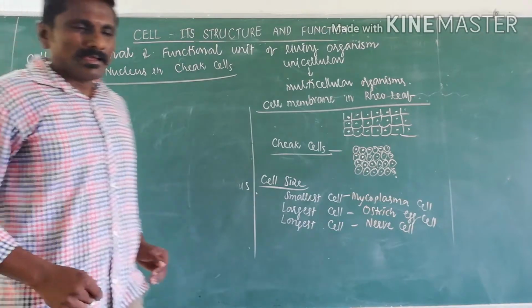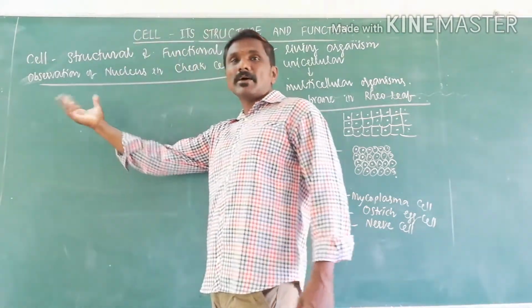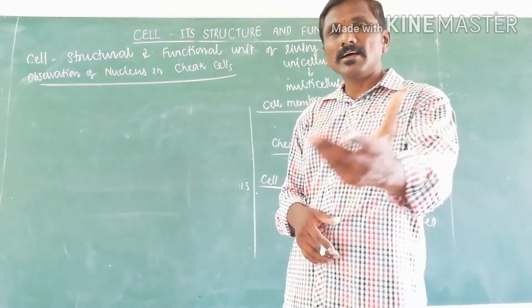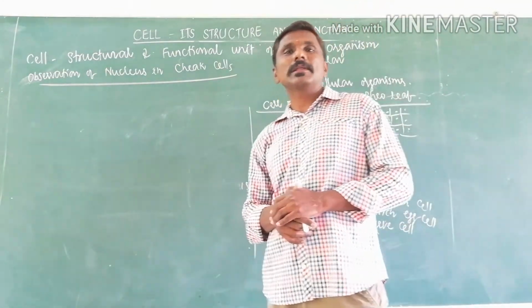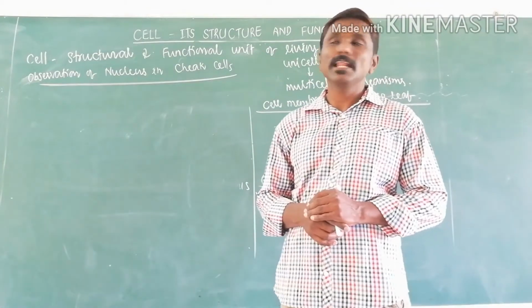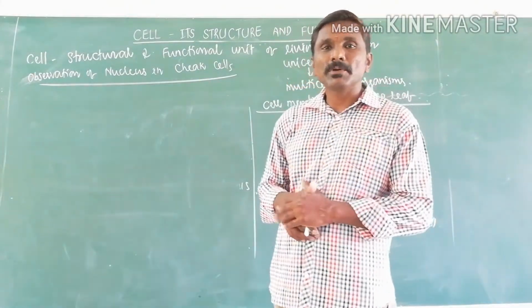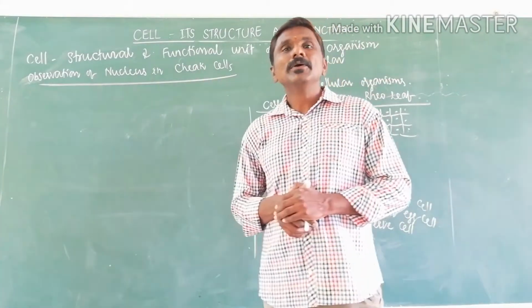Okay, another activity is the observation of the nucleus in the cheek cell. As we stated earlier, the nucleus is the control point of the cell, so we will observe the nucleus by an experiment. For this we require the